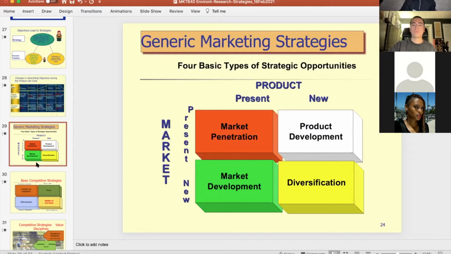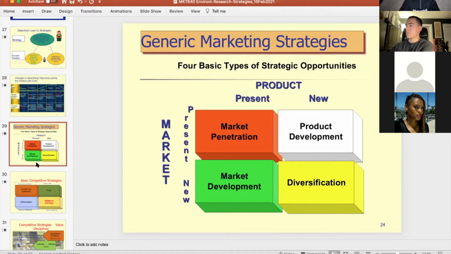Yeah, correct. If you do, I don't know, one email per month, now you do 2 emails per month. So you increase your communication. If you do 1 ad in 1 newspaper, now you do 2 ads in 1 newspaper, or 2 newspaper ads. Exactly. So market penetration is same product, same people, but you increase the 4 Ps, or you decrease the prices as well. So more activities, maybe some limited edition product with a lower price or something like that.